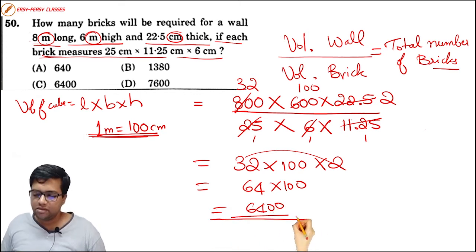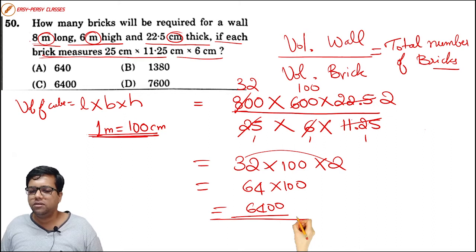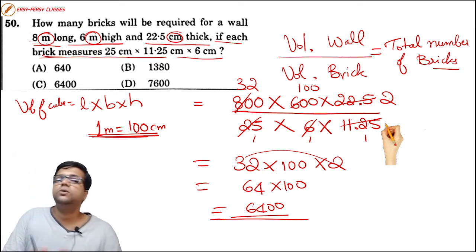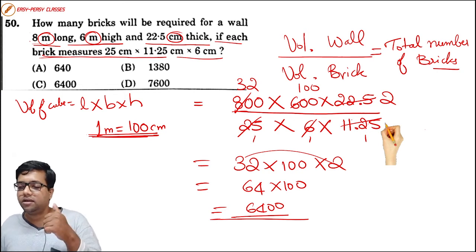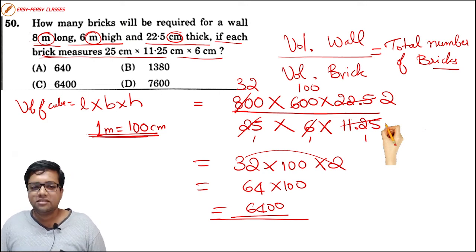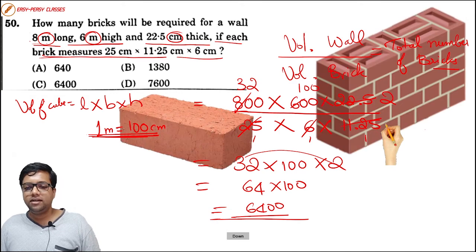Okay, so these kind of questions take a little more time for this kind of calculation. This is why I tell you, you should save your time in the mental ability section. The more time you save in the mental ability section and the language section, and the more time you give for mathematics, the higher the score is yours, the higher the rank is yours, then obviously the higher the chances of your selection. So with this, let us move on to the next question.